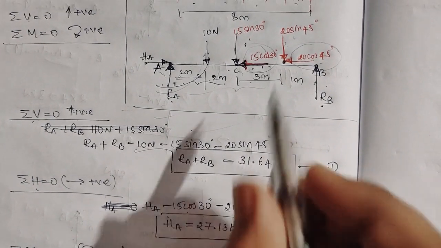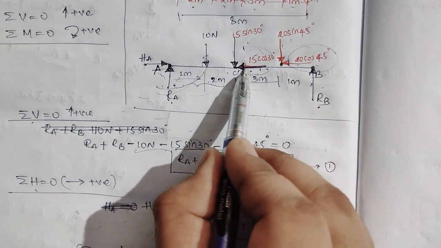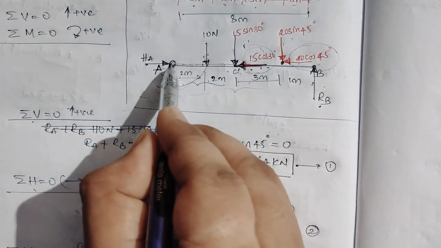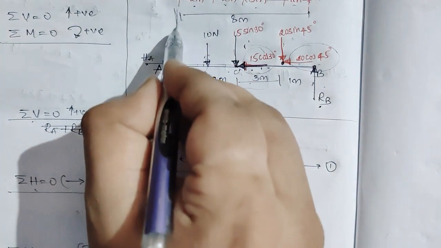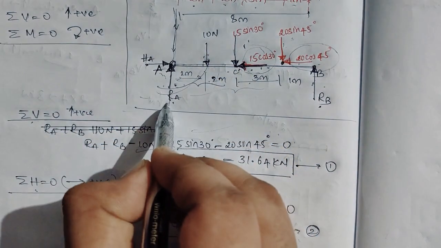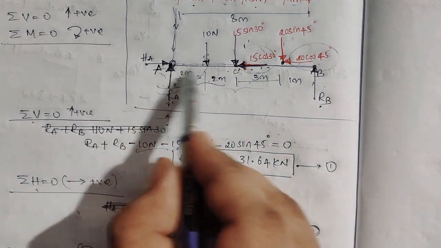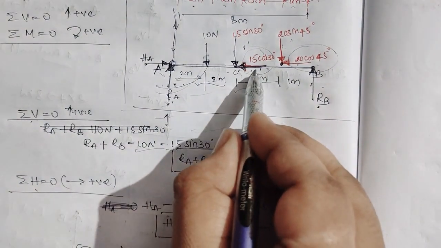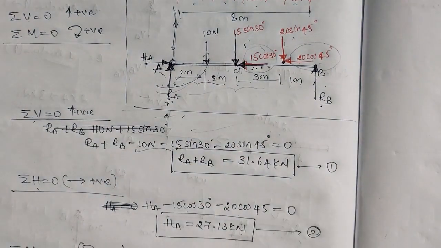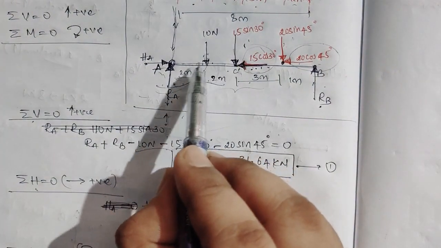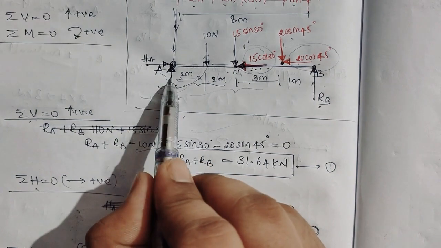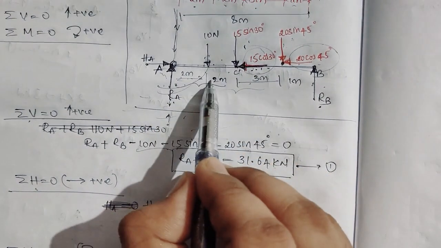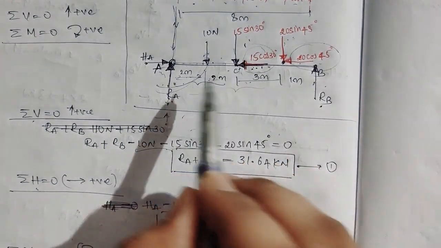Okay, you can ask what about these horizontal forces, right? These horizontal forces are in line with A. So in line with A, if any forces are in this direction, they will not be counted because they are in line. We will not get any perpendicular distance. So 15 cos 30 into what? Nothing, no? So the forces which create a moment about A we have to consider. So 10 Newton will create 10 into 2, 15 sin 30 into 4, 20 sin 45 into 7, like that.